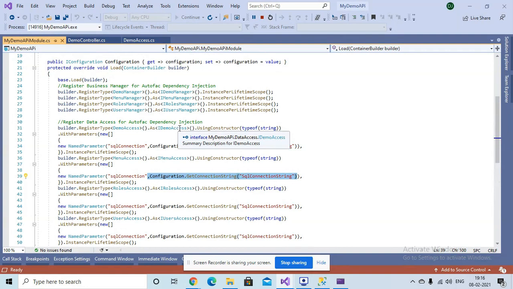So if you are going to host over Azure or some kind of cloud system, you can get it through Key Vault as well. So these are a few custom changes if you require them.